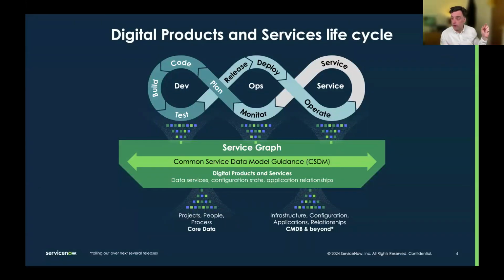So going through from ideation on one side, thinking about things, developing products. So then we've got coding, building, testing, planning, handing over to operations, so release and deploy, and the separation of release and deploy, which is really key to change, and we'll touch on that again during the talk. And also then the handover to service. So when it is eventually released, or when things are deployed, that service needs to know about those two things.